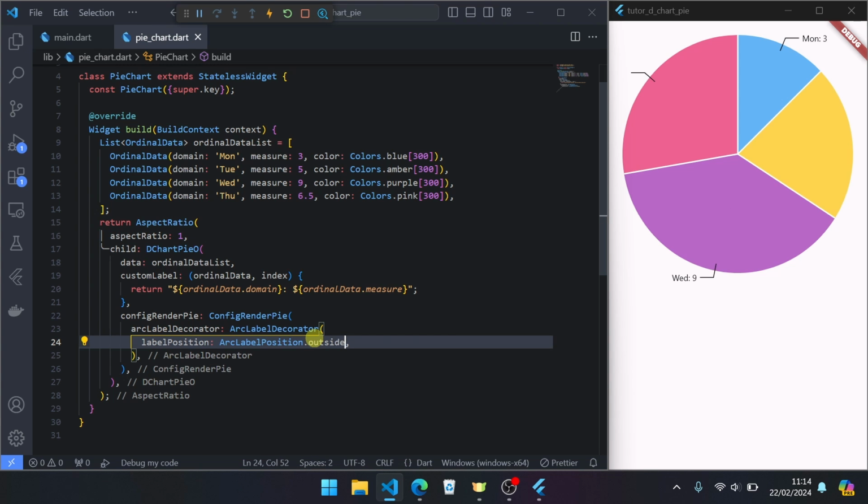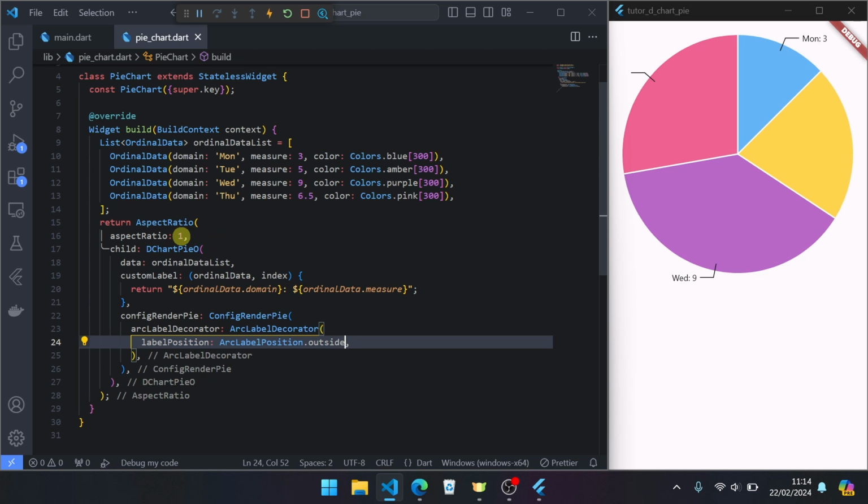But if you use label position outside and there is no space to show the label outside, the text and line will be hidden like this. The leader line and label will be hidden. But if there is more space to show, it will be shown.